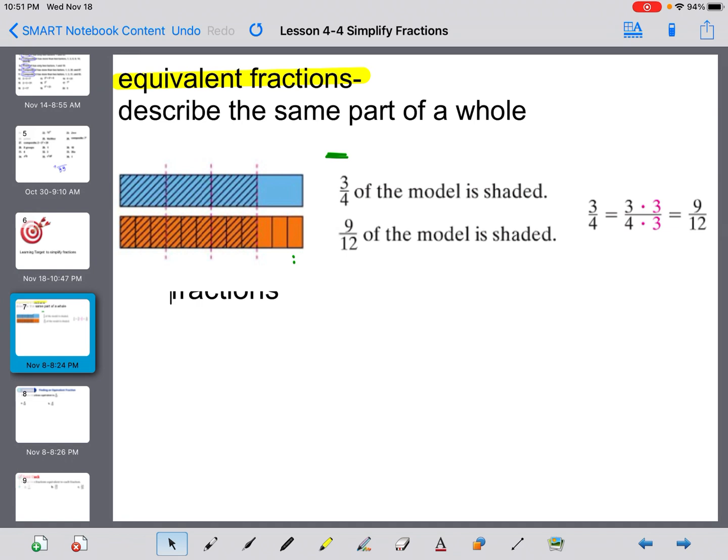Before that, just a little review. The first thing is equivalent fractions. Ignore this, I can't get it to go away. Some part of a picture stayed on there. So, equivalent fractions describe the same part of a whole. So, if we said, instead of a blue bar right here and an orange bar, you know how Twix come